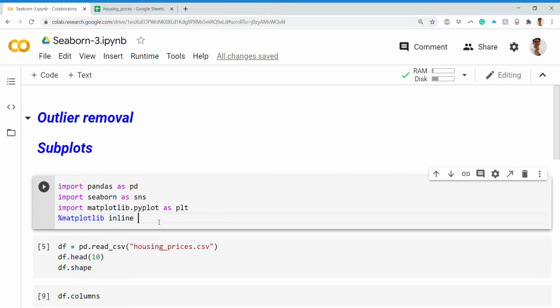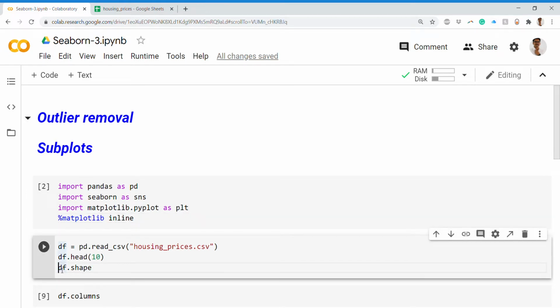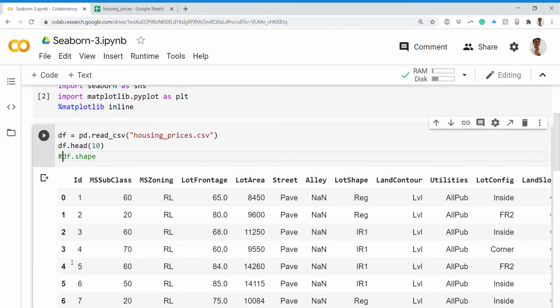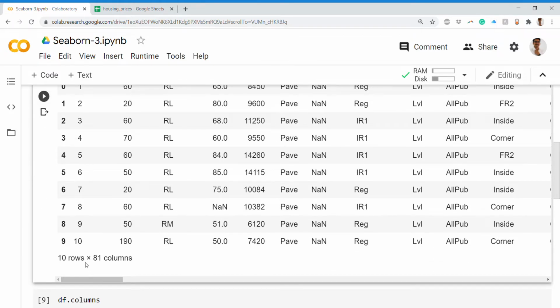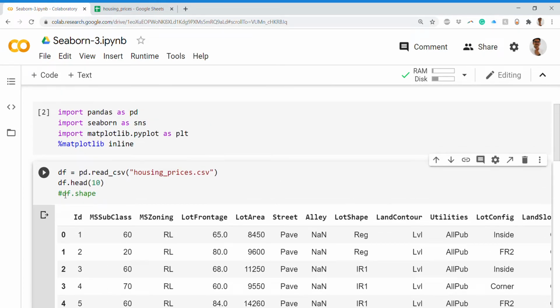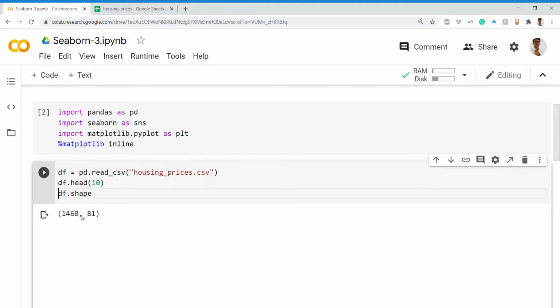So let's do our main thing. First we are reading the CSV file and doing a head, so we get 10 rows, and as we said we have 81 columns. If we just want a quick glance at how big it is, we have df.shape.